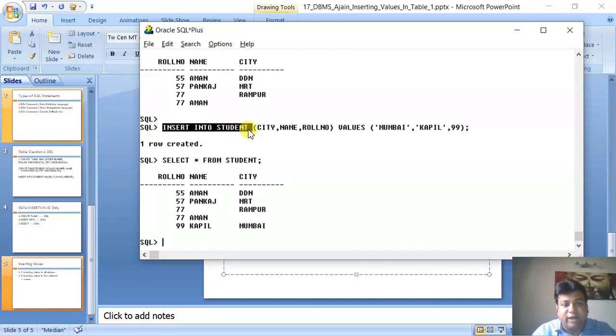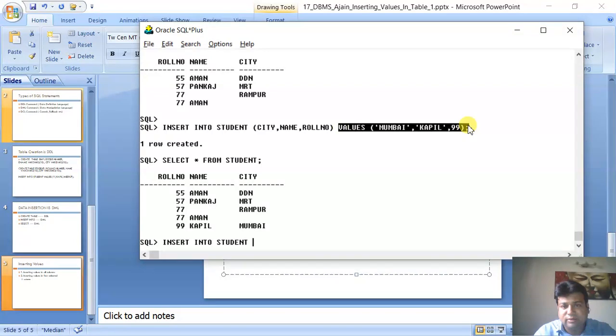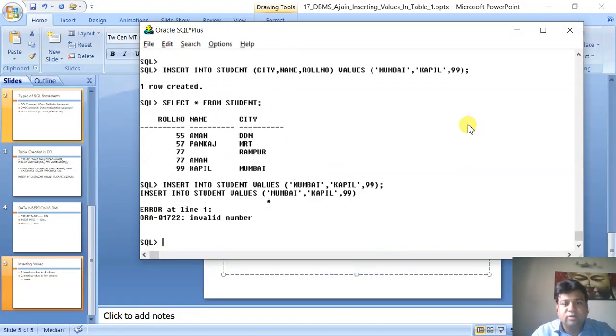If you try to reverse it in this way, you get invalid number. I hope you have understood this. So this method has an advantage that you can give values in any order.